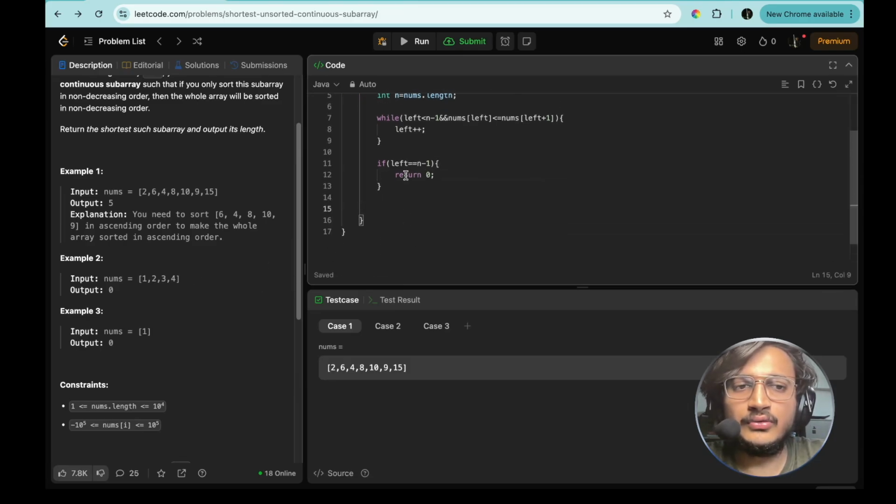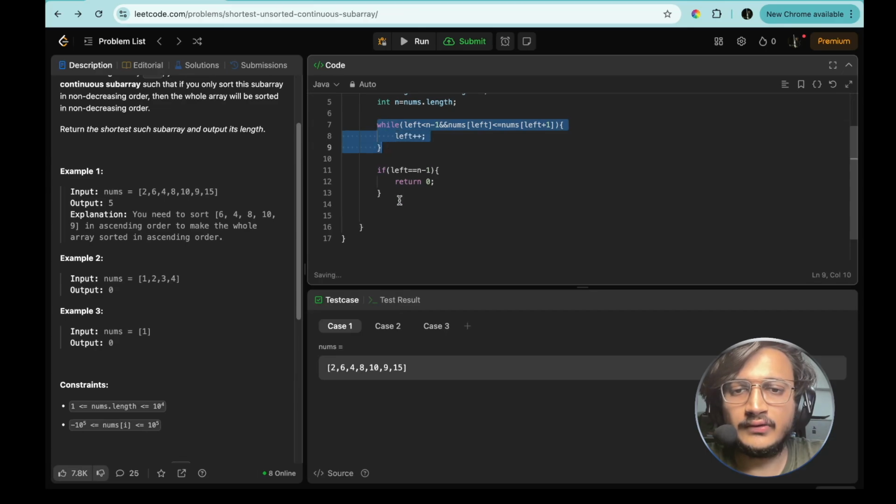And now let's do it for the right as well. While right is greater than 0 and nums of right is greater than or equal to nums of right minus 1,